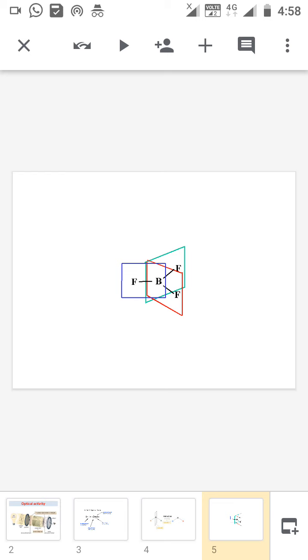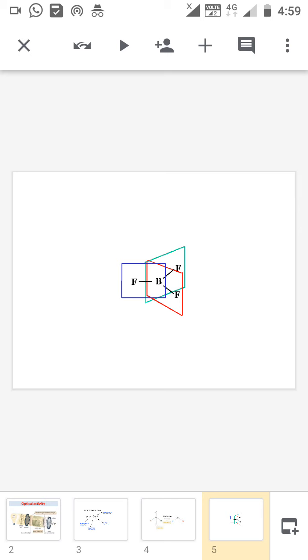3 different planes are shown in the figure. So of these 3 planes, first we take the blue plane, which cuts the molecule into equal halves, and we will get the reflection of the other BF. Okay, so the original molecule and the reflected molecule are the same. That's why we say the molecule has planar symmetry.